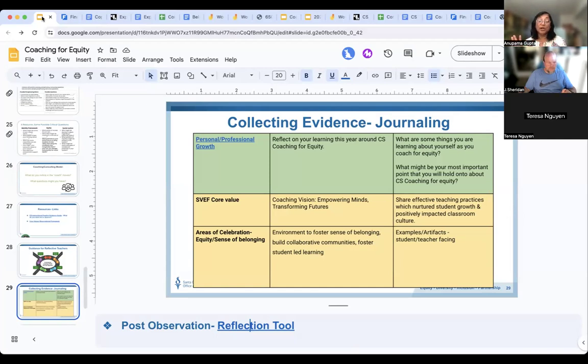If this doesn't work where you can put the images, remember that other document in the evidence portion, you can put those things there. So this actually captures what I have in yellow in this box where it says we want to know some areas of celebration, or you saw some core values being reflected in student work. So it's just a showcase of your work as you observed teachers going through this coaching, through this computer science teaching. So one is your personal professional growth, which you would do in your document. And this one is more,